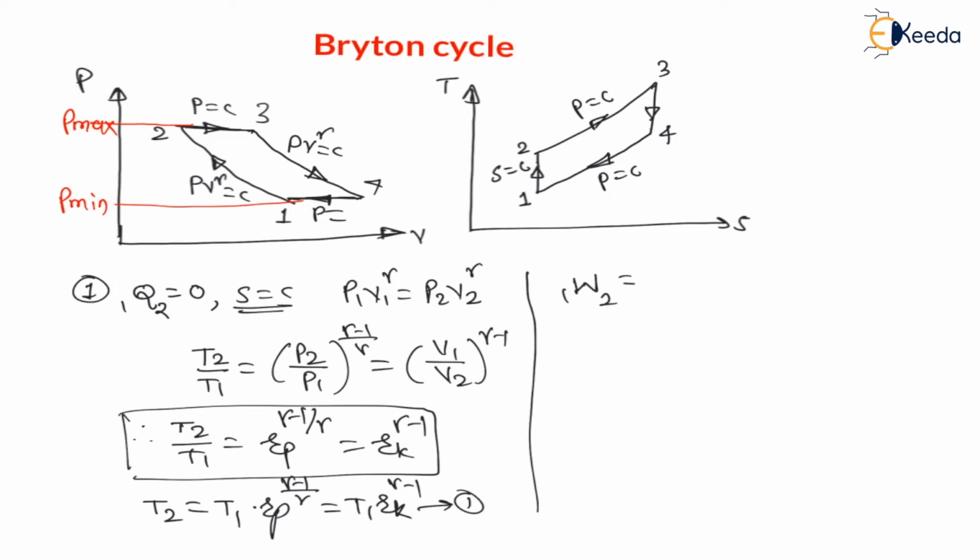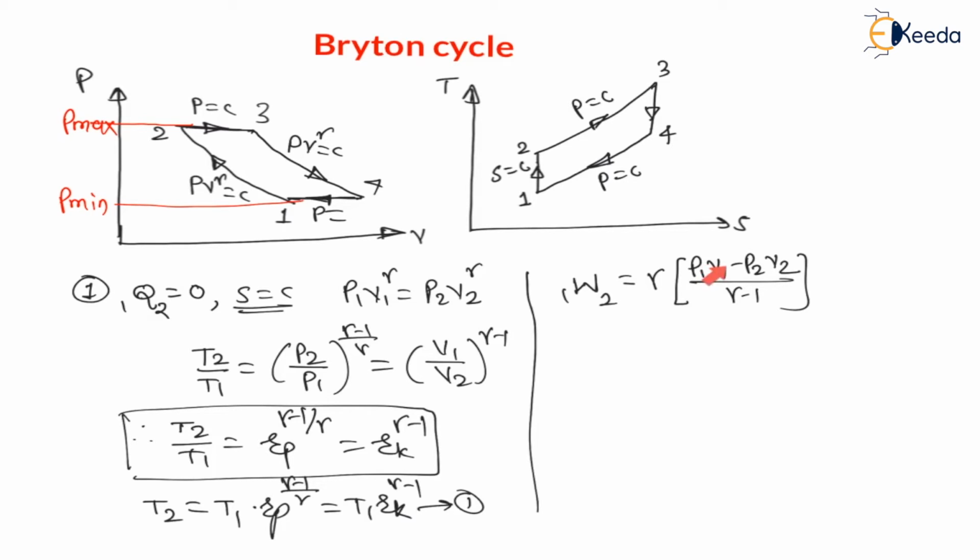As in the Brayton cycle all are flow processes, the flow work is nothing but gamma times the non-flow work, that is gamma times P1 V1 minus P2 V2 divided by gamma minus 1. Here P1 V1 minus P2 V2 divided by gamma minus 1 is the work of a non-flow process, and if it is a flow process we have to multiply by gamma for reversible adiabatic processes. These terms you have already seen in the basic thermodynamics subject. From that subject I am directly using the results; here I am not doing any calculations.